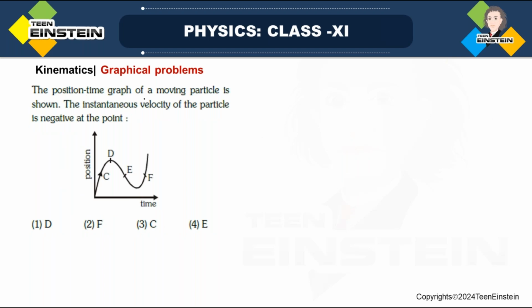The position time graph of a moving particle is shown. The instantaneous velocity of the particle is negative at the point. See, position time curve is given over here. So what is velocity? Velocity is actually dx by dt. That means slope of the